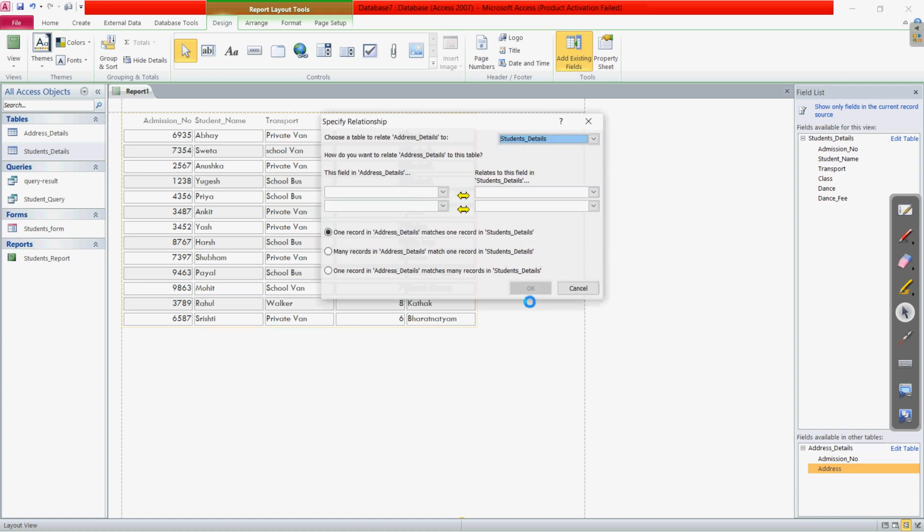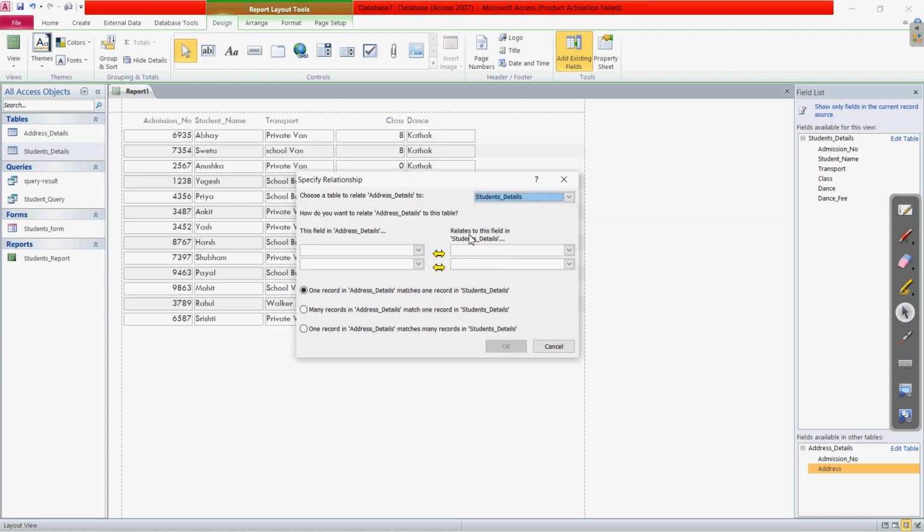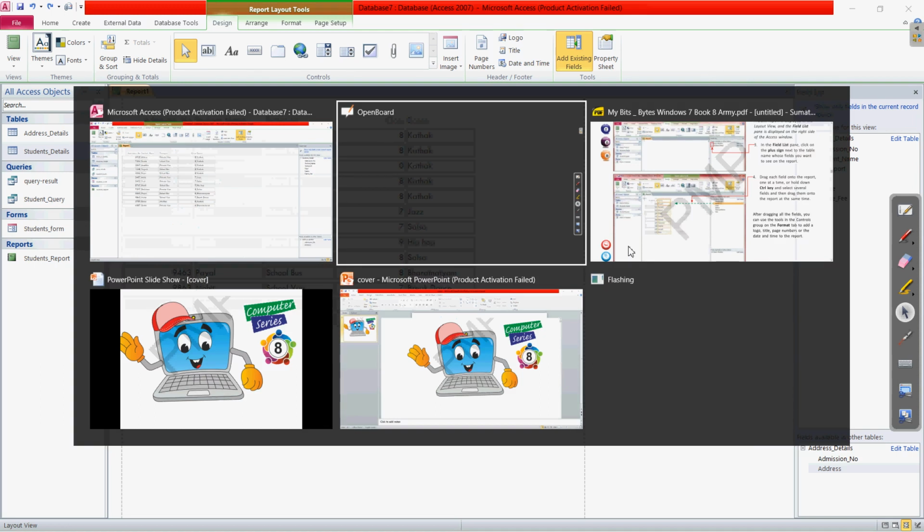If I bring it here, here we have another window also. Using this, whatever fields we are willing to use from another table can be specified by this dialog box. Okay, so this was the step to generate the report using the blank report tool.